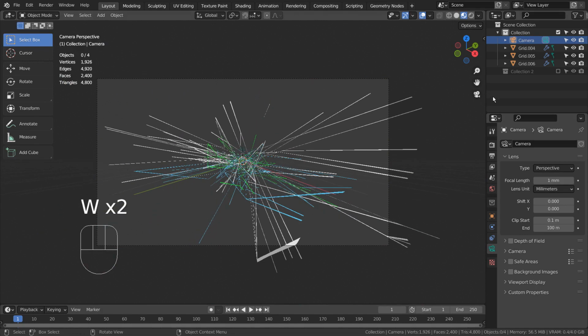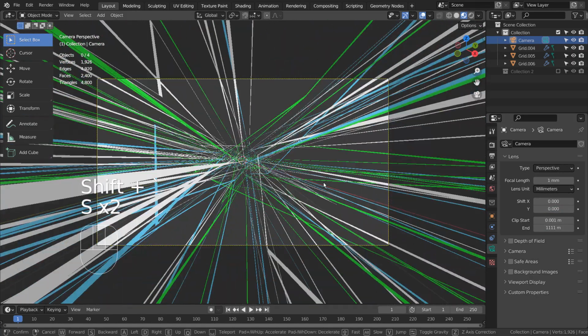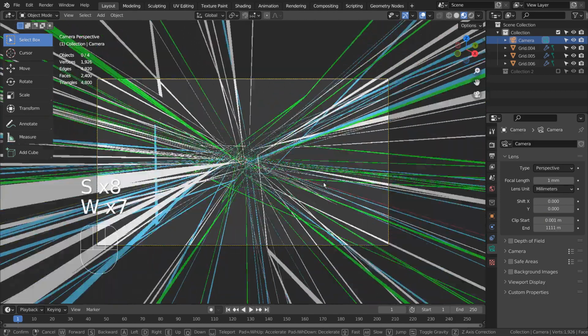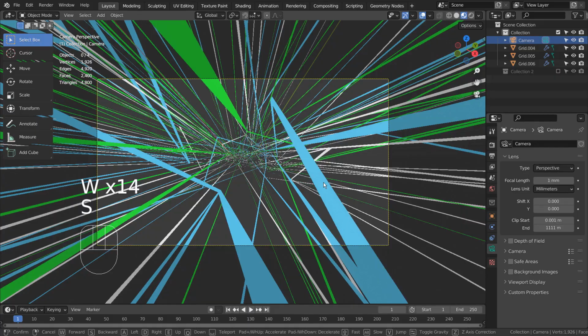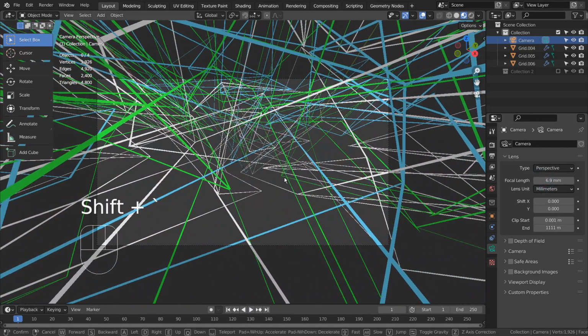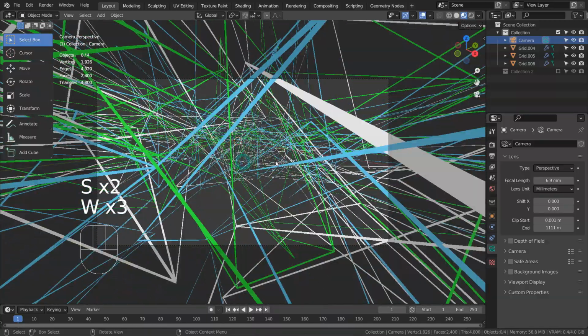Let's change the clip start value to see the entire mesh. Please experiment with the settings to get the best looking result.